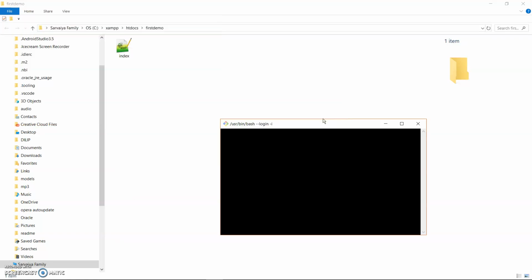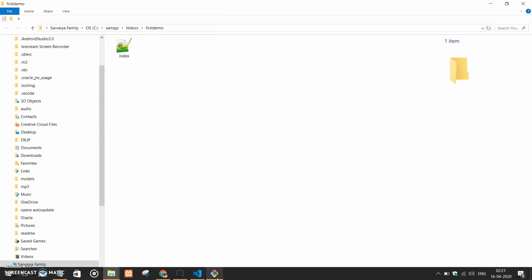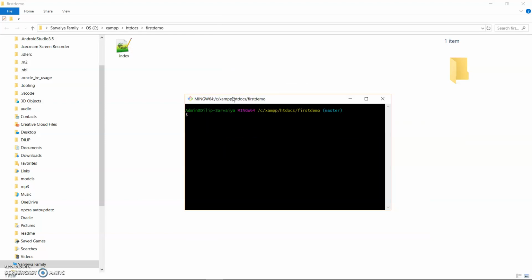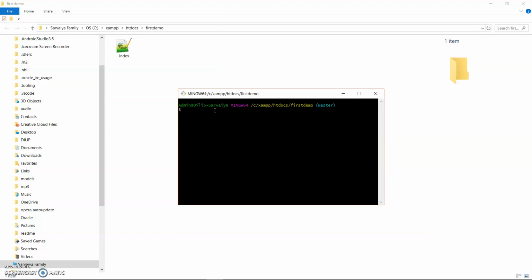Now, when you install the Git software in your system the first time, the first thing you should do is set your username and email address. I have set it already, so I don't need to repeat it. I will run the next command, and that is the git init command. What it is used for, I will discuss later on. Okay, let me run it. It says reinitialized existing Git repository.